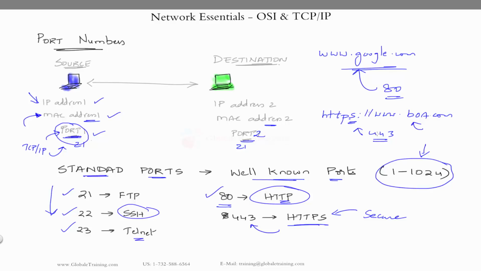So just to recap, for two systems to communicate on the network, both systems need IP addresses, and they have to be unique. Both the systems have to be on the same network. Both the systems should have network cards. Both network cards should have unique MAC addresses, and the MAC addresses are assigned by the manufacturer of the card, and they are burnt into the NIC cards or network cards. And they also need port numbers, and the port number is assigned by the TCP/IP protocol stack when the communication starts.